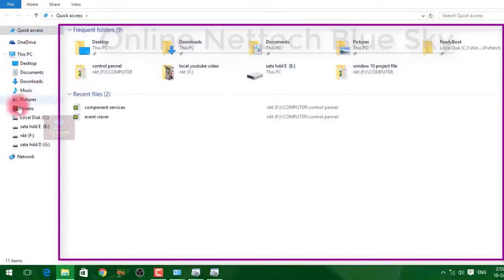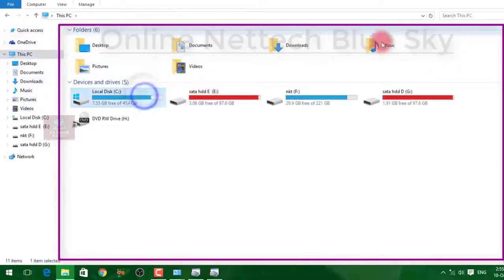This tab is in Windows here. So how can you manage this tab? You can see here the tab partition and its design.